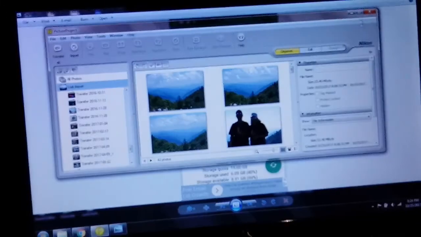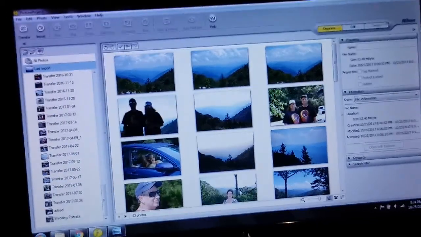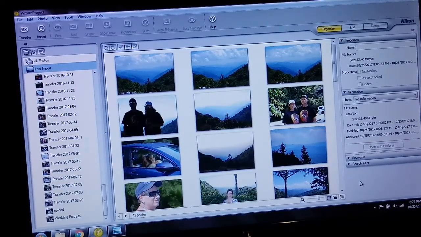Now what I have is a Nikon camera, and what I like about that Nikon brand is it's got software, and my camera is 5 or 6 years old, but the software that came with my Nikon camera is called Picture Project, and I like it because I can import from my memory card that's in my camera. I pop that memory card into my computer and then import them, transfer them onto my computer,